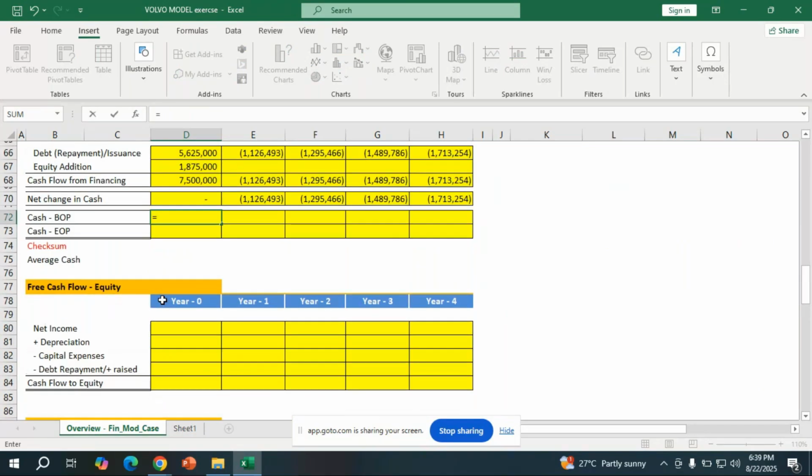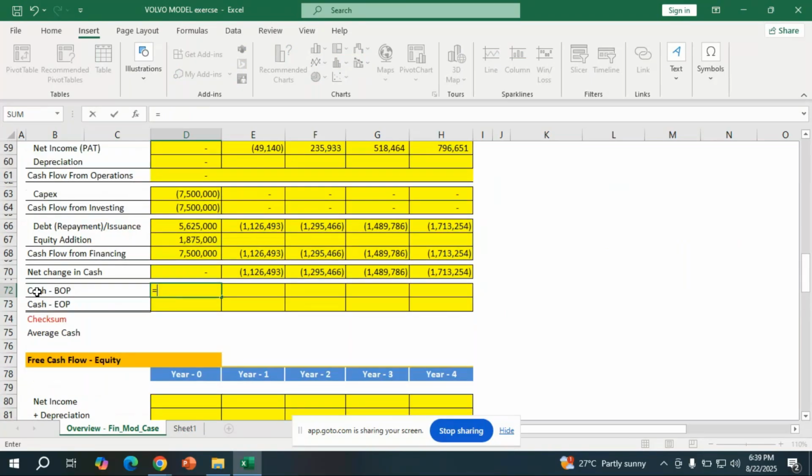Okay. And cash at the beginning of the period is not there, so it will be 0. Then your end of the period cash is very important, equals to net change in cash plus